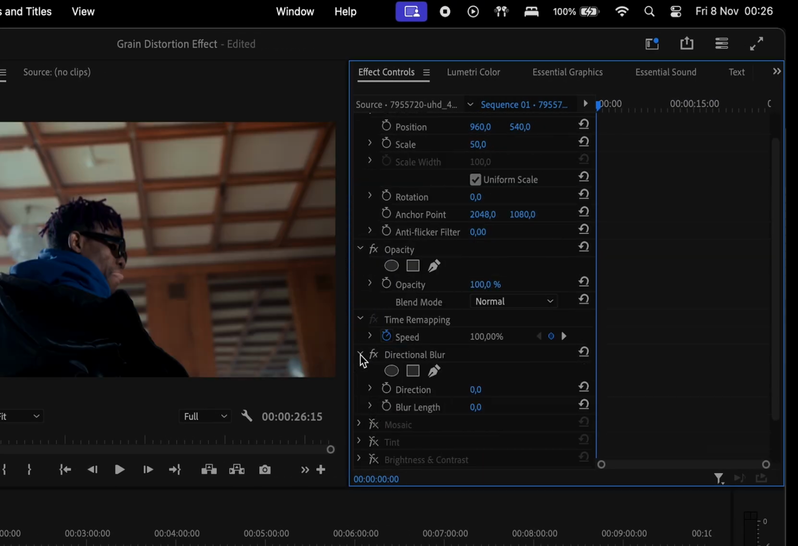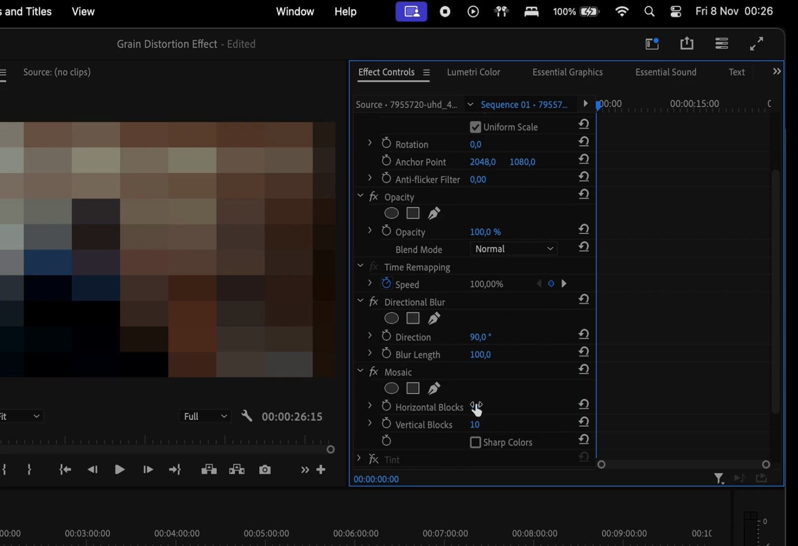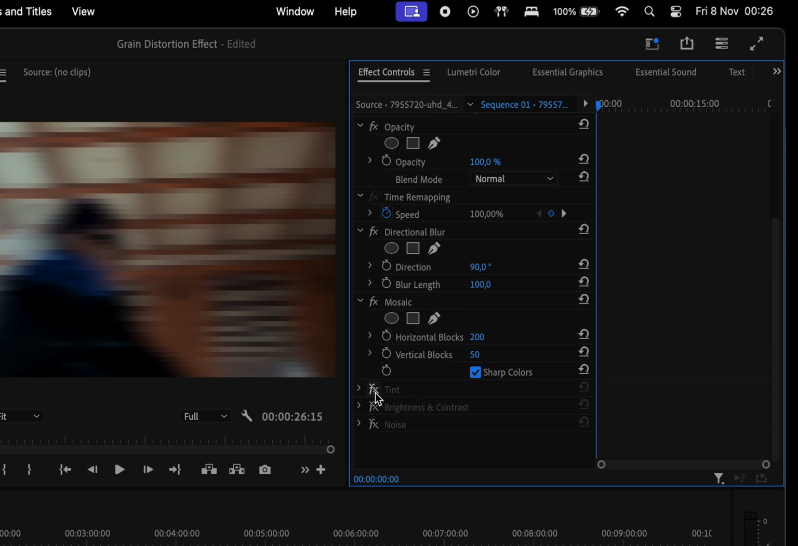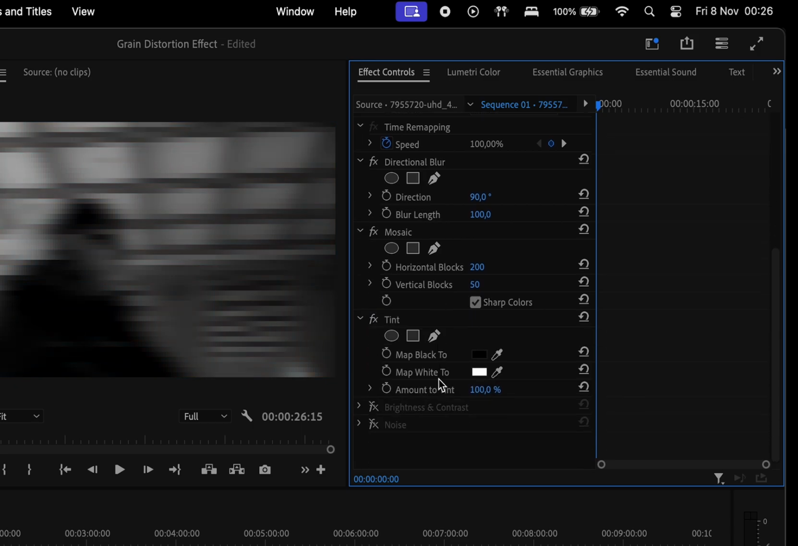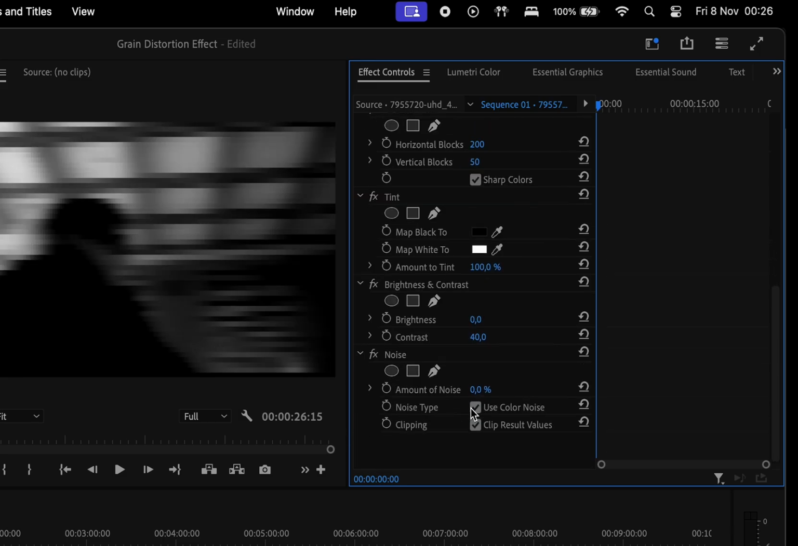For the directional blur, change the direction to 90 and blur length to 100. Then let's enable the mosaic and change horizontal blocks to 200 and vertical blocks to 50, and check the sharp colors box as well. Then enable the tint and leave the colors to black and white. Then for brightness and contrast, change the contrast to 40, and for the noise, uncheck use color noise and change